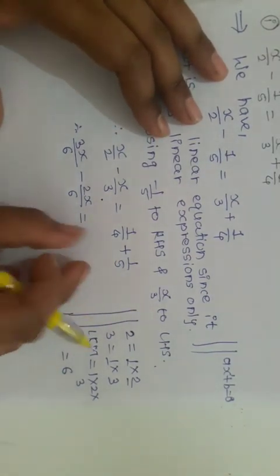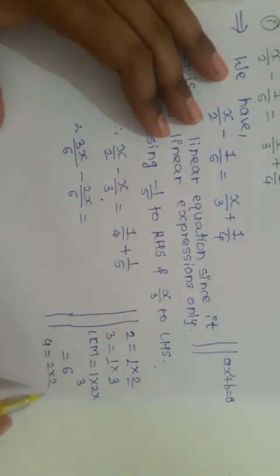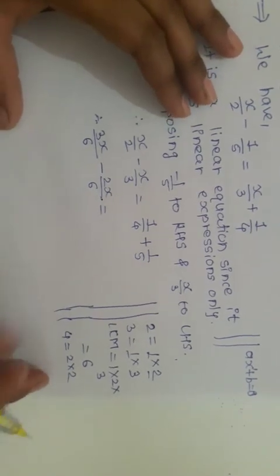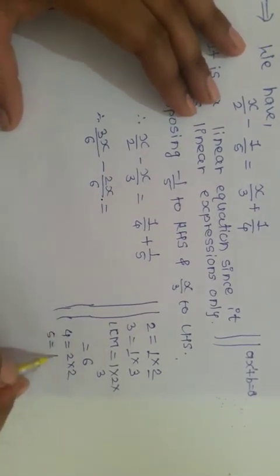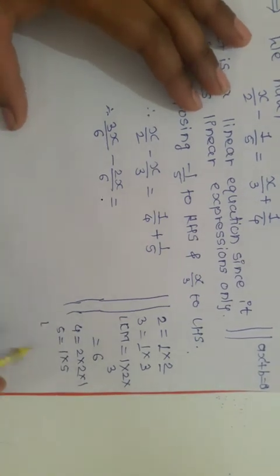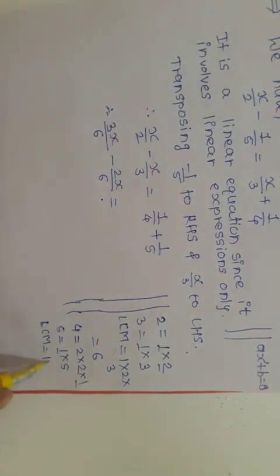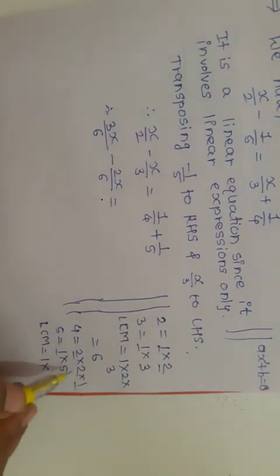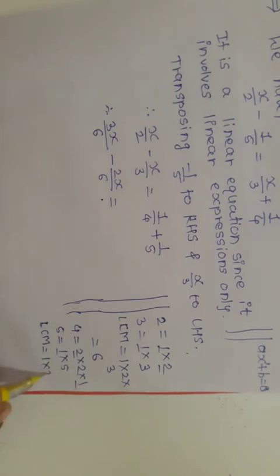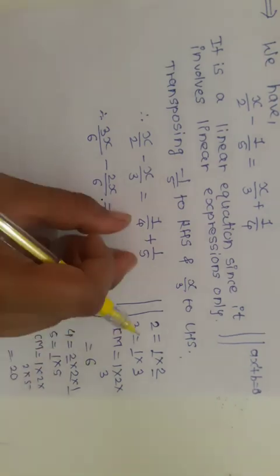again see on this side, 4 and 5 are given to us. Again we have to find out the LCM. So we write 4 as 2 into 2, only prime numbers, and 5 is equal to 1 into 5. Here 1 is a common factor of every number. So LCM is equal to the common factor, which is 1 only, then the uncommon factors, which are 2, 2 and 5. 2 into 2 into 5, 5 2s are 10, 10 2s are 20. So 20 is the LCM of these two numbers.